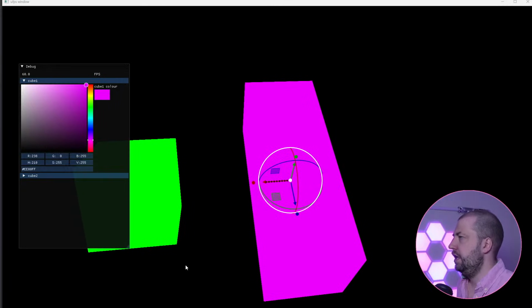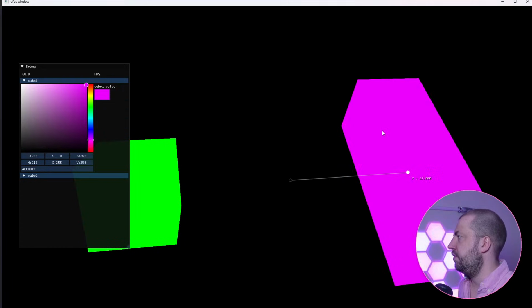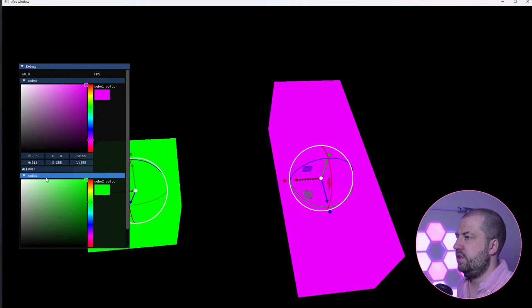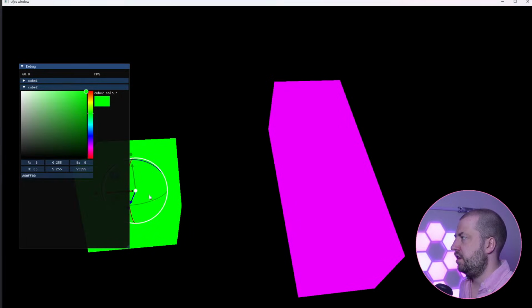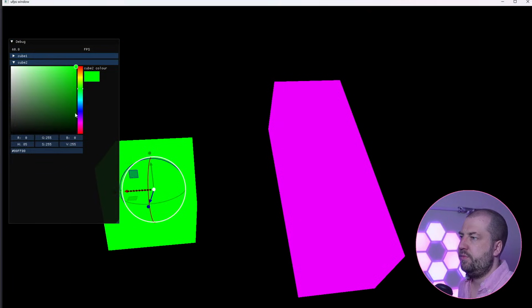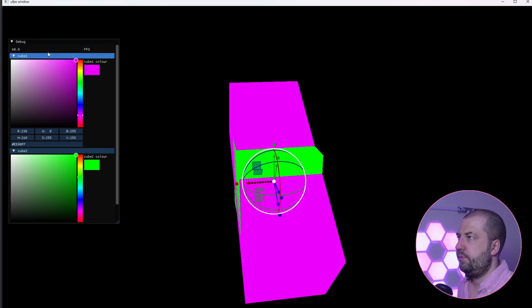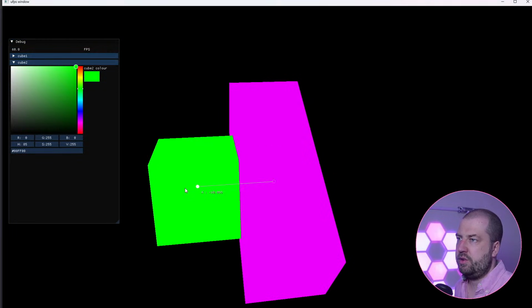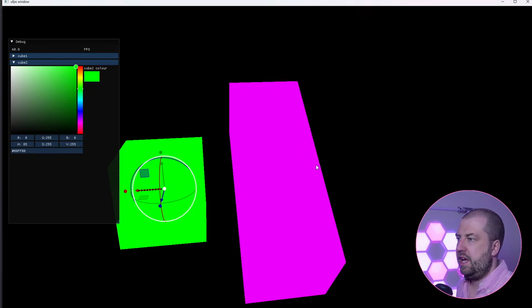Okay, so we've got this, and this is kind of cool. You can move stuff around. The problem is that at the moment, if you want to select an object, you have to do it via this menu, which is a massive pain. And if you have them both selected at the same time, then it goes absolutely wild, because it will apply the same transformation to both. What I want to be able to do is click. I don't think that's a huge amount to ask. It's slightly more nuanced than you would think, though, because it basically involves